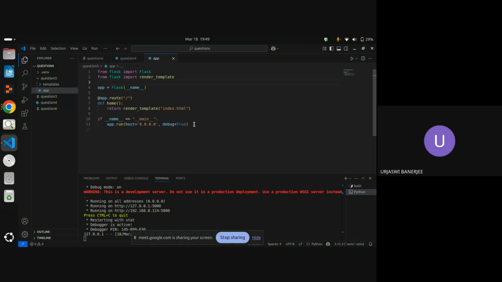If your templates folder has a big T, how can Flask recognize where your templates folder is actually located at all?